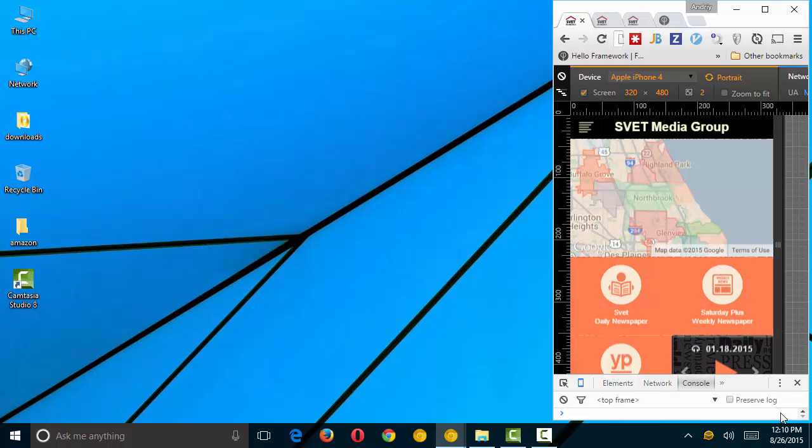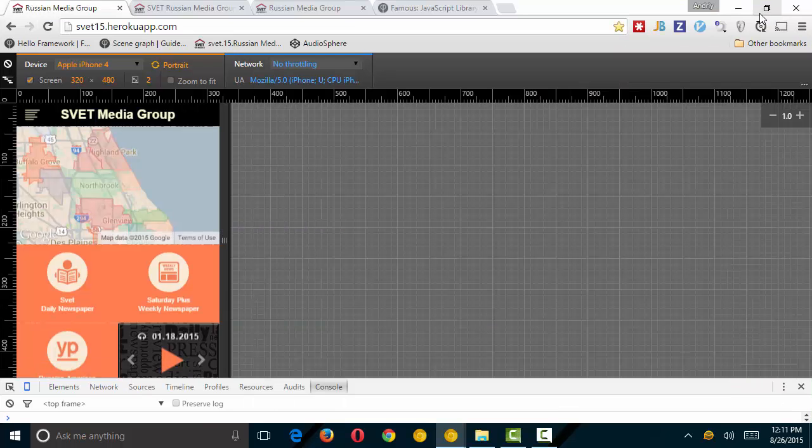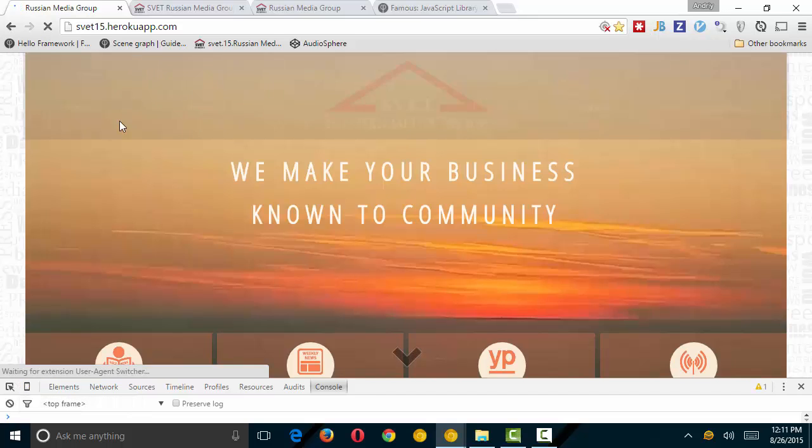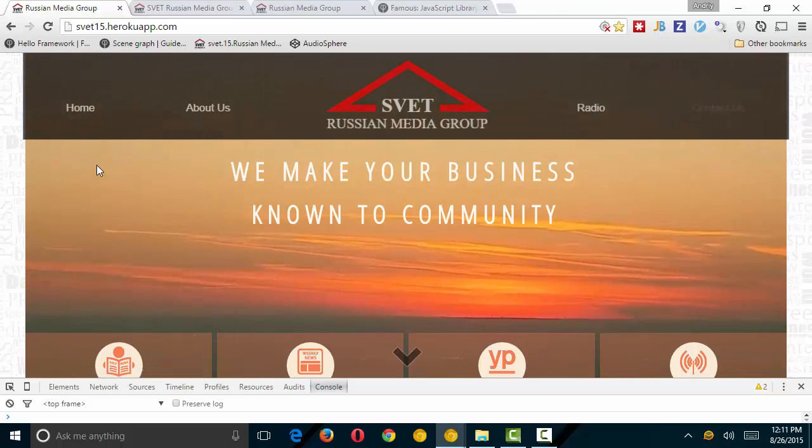I would be proud to say that this is the application that we developed. However, if you increase the window width and it switches to the desktop application,